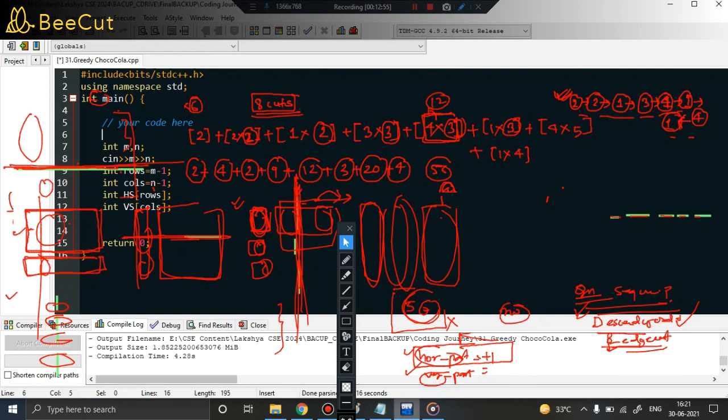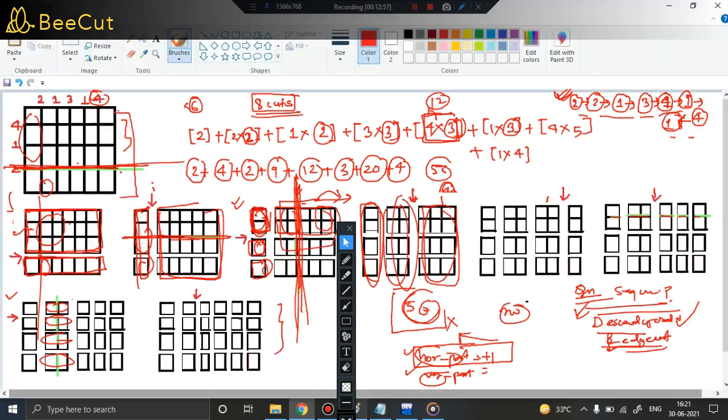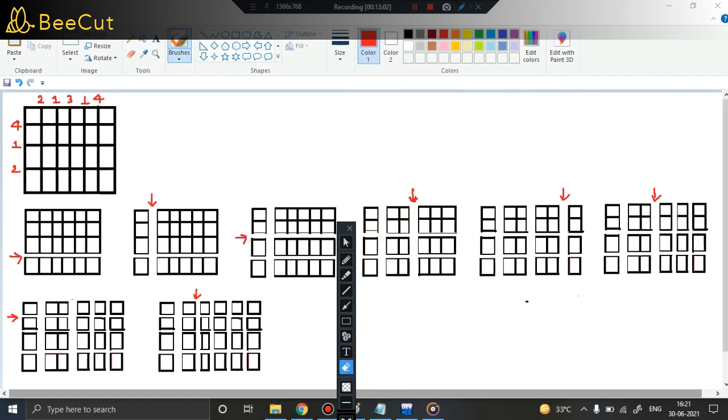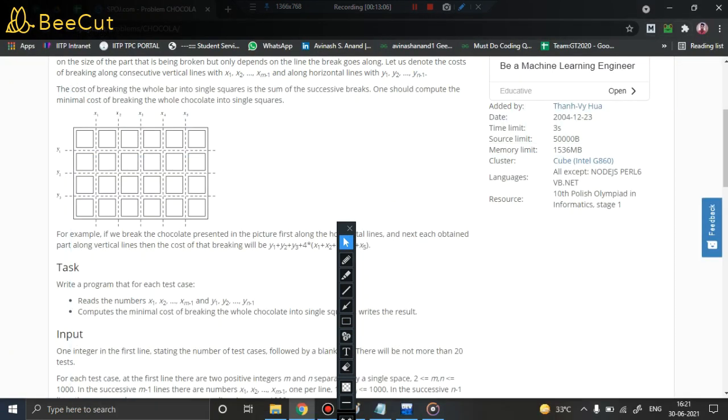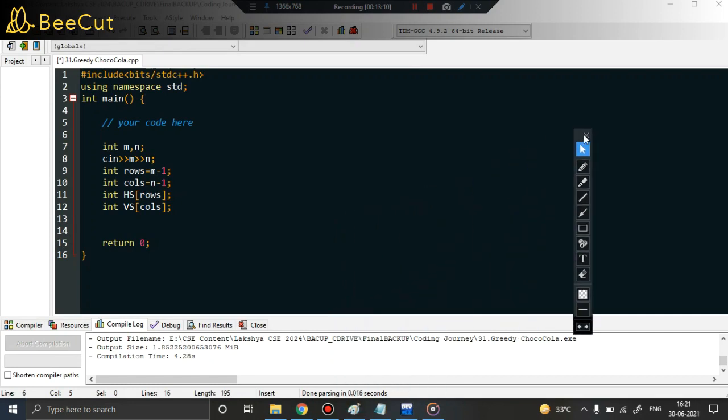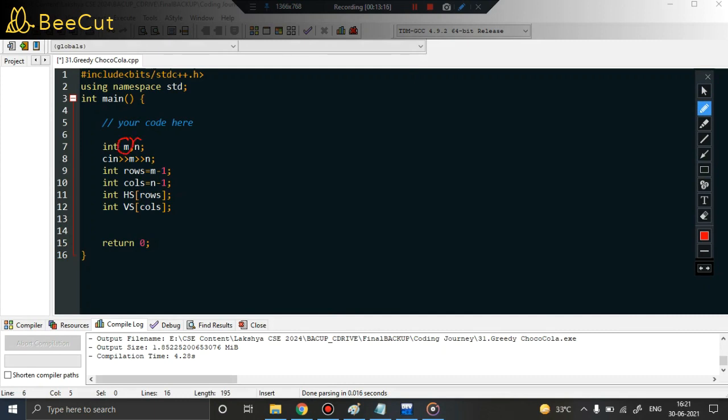So the screen looks like we have done a lot of job. Anyway, so let us quickly rub the screen. Cool. Now I am basically going to show you the working. So I'll be writing the code. What is the code? The code says that you have received m and n, where m is the number of rows, n is the number of columns. I have just received m and n as input. Done. Now number of rows is another variable which will be equal to m minus 1.